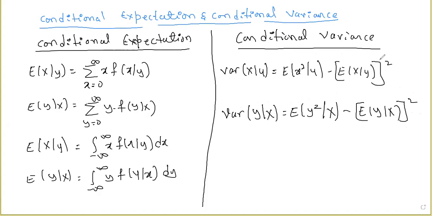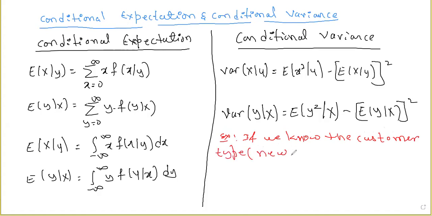So in which situation are we using this conditional expectation, right? What are some real life examples here? So if we know the customer type, right? There may be a new customer or there may be a repeated customer, right? So here as x,